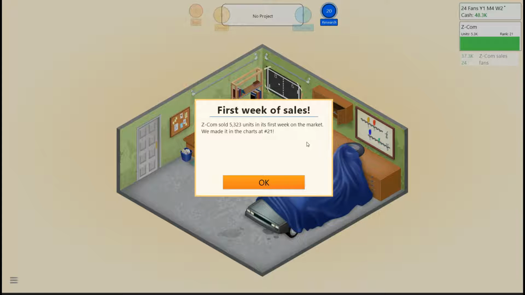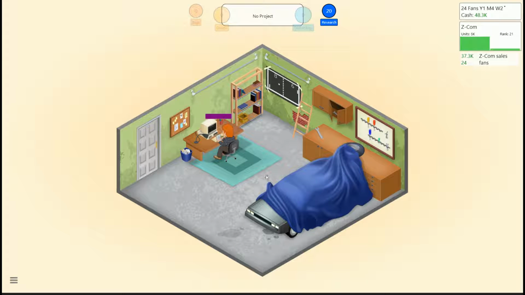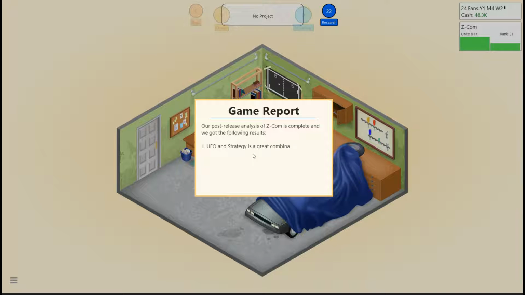ZCOM sold 5,323 units in the first week on the market. We've made it into the charts at 21. I also started getting fans. So ZCOM was so successful that we now have 24 fans. Woo! So doing the reports gets you research, but our post-report analysis of ZCOM is complete, and we got the